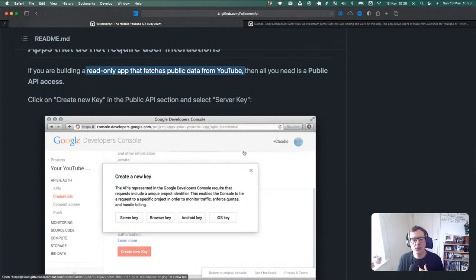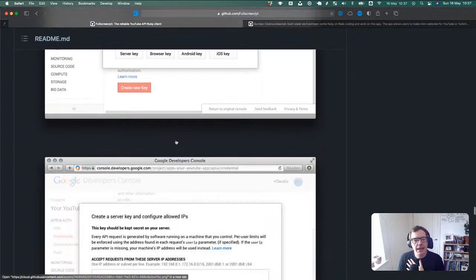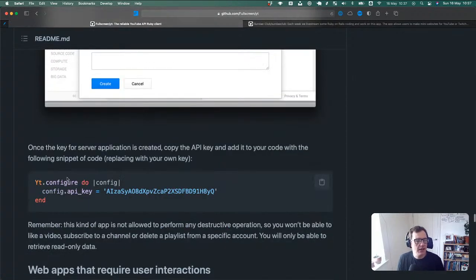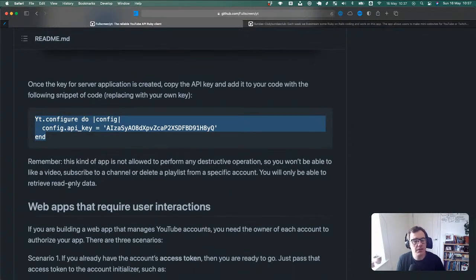So in the Google Developers Console thingy, God, do you remember when Safari looked like that? I missed that. That kind of Lucida font. Oh, missed that. And we made a key and it worked great. So we just give it the key via this configuration and everything worked out of the box. We didn't have to do anything.